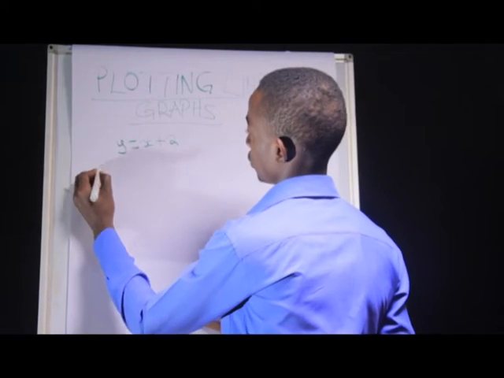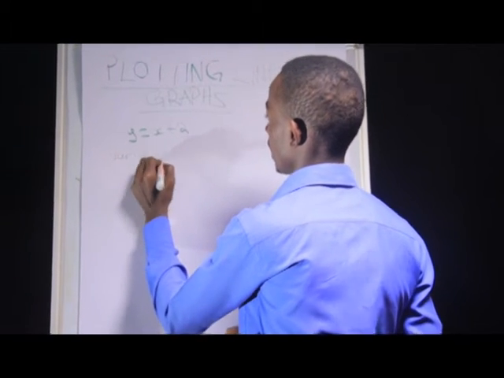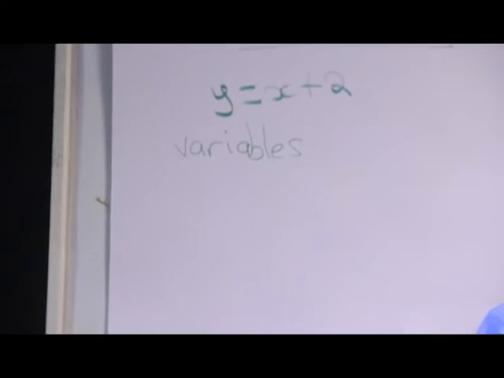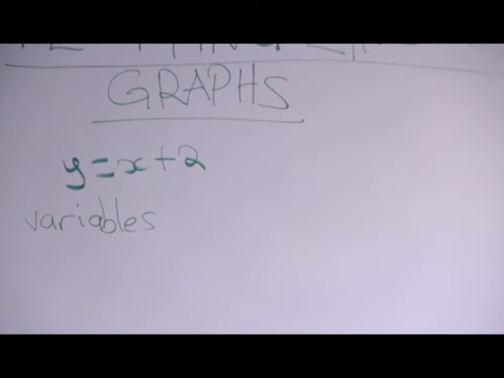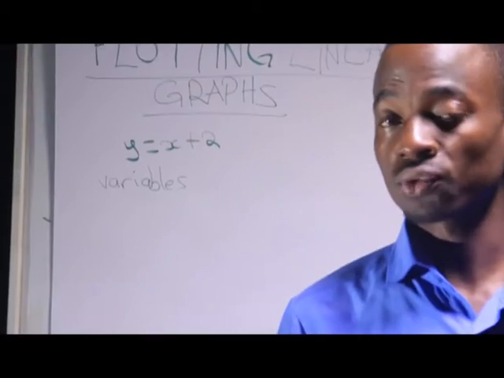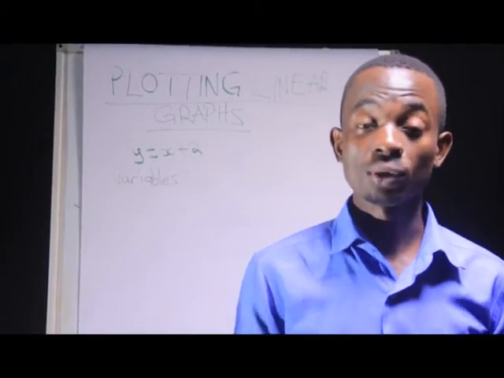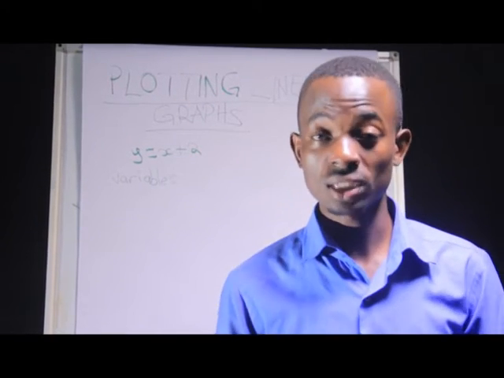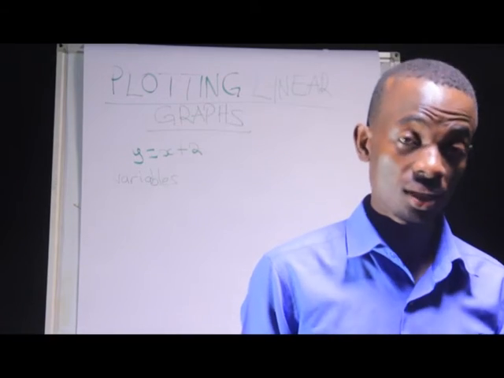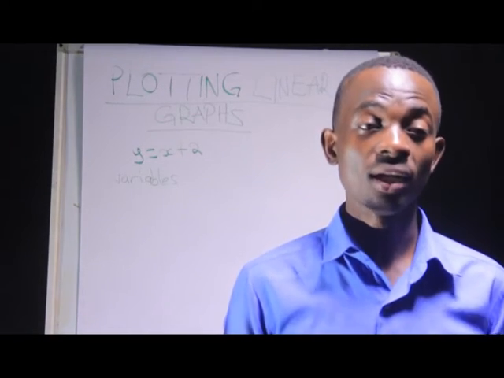The word variables is written like this. And I've said x and y are variables because they can take on any point, they can take on any number. So that's why we call them variables. Variables comes from the word vary. In other words, changing. Something which is changing. So since x can take on very many values, even y can take on very many values, we refer to them as variables because they take on quite a number of